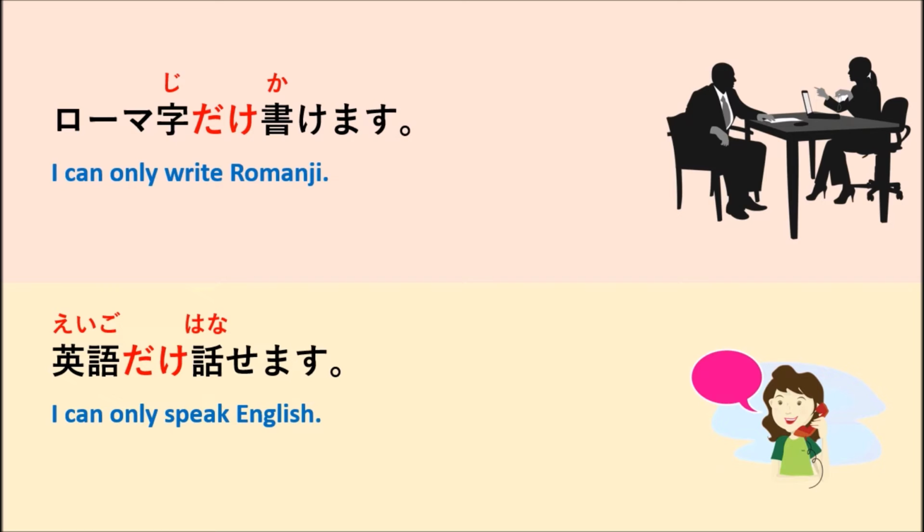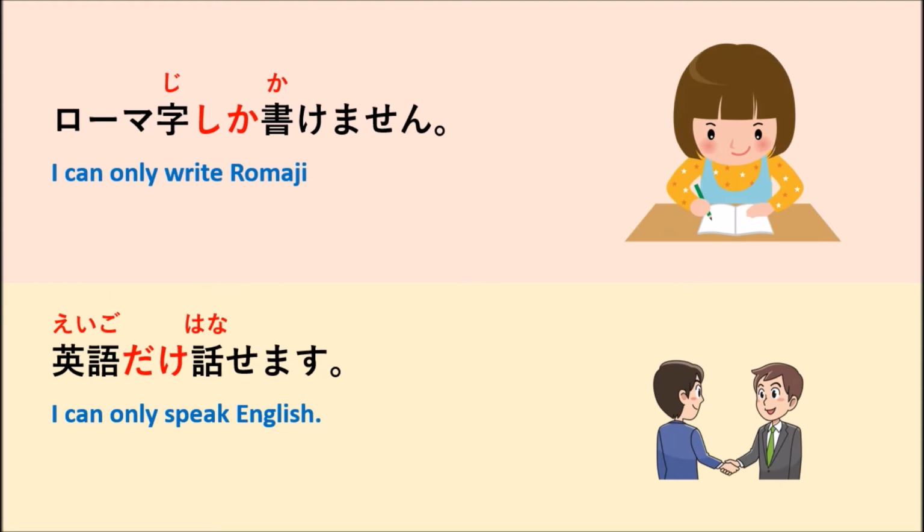But we will learn about the truth of the difference. What is the difference between shika and dake? Here we have two sentences written with shika and dake. The first sentence says, ローマ字しか書けません。Which means I can only write Romaji. And the second sentence says, 英語だけ話せます。